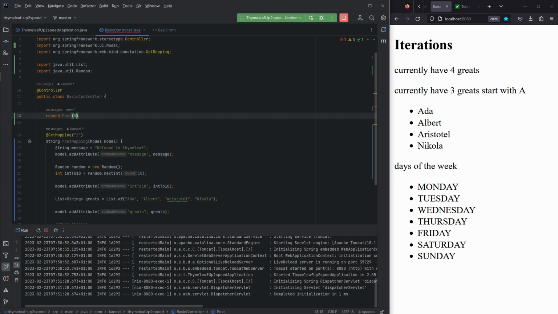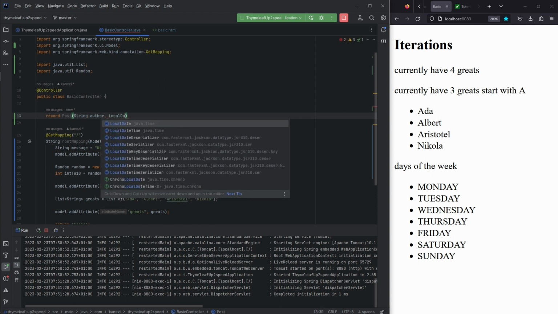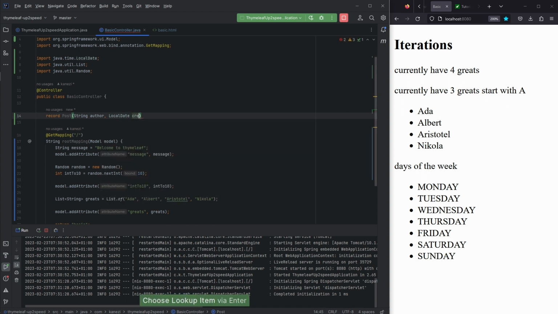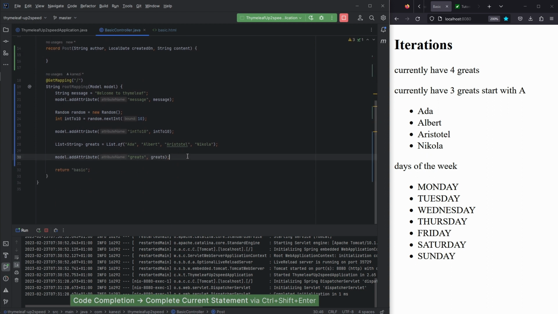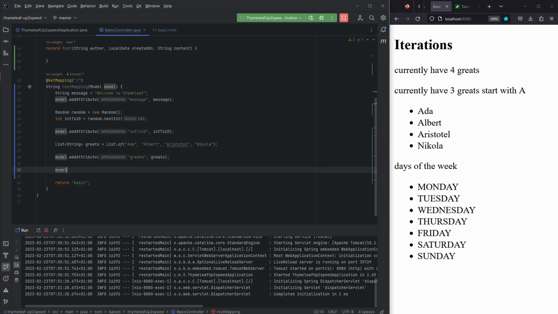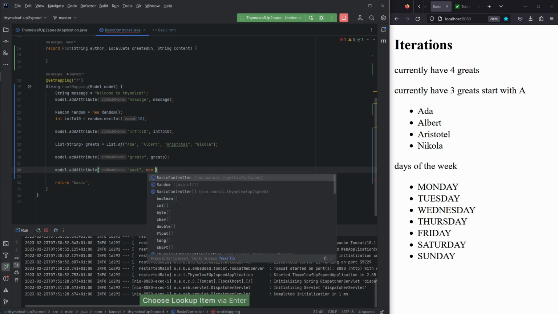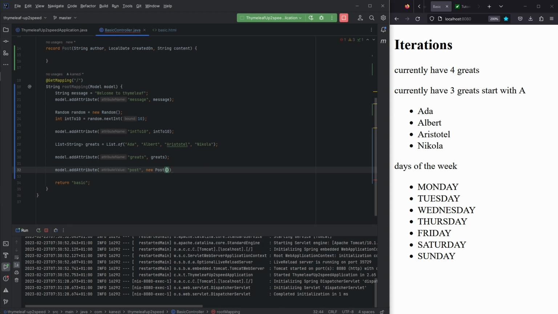It will have author, created on, and content. And we'll create a new post and add it to our model. So it needs to have an author,